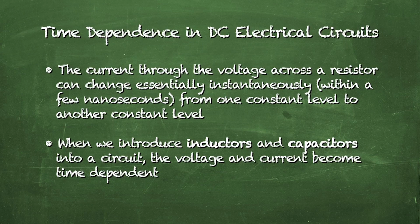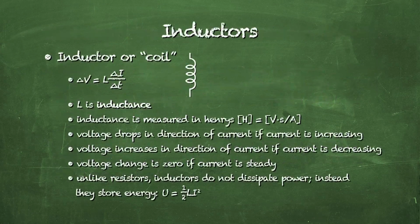What is an inductor? An inductor is also known as a coil, meaning a coil of wire, and the symbol for an inductor is simply a symbolic coil of wire, as you can see here. The voltage difference across an inductor is equal to the inductance, L, of the inductor times the change in current divided by the change in time. Inductance is measured in units of henries, where a henry is a volt times a second divided by an ampere,